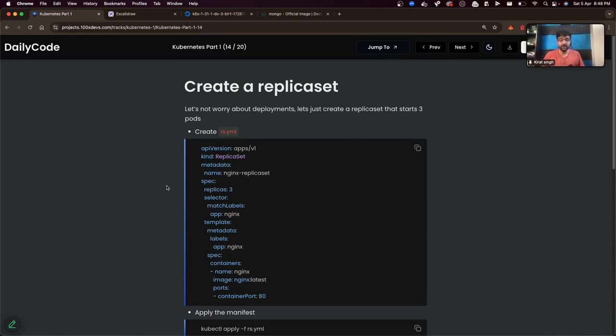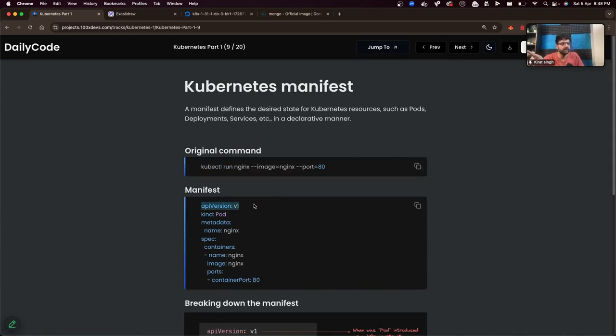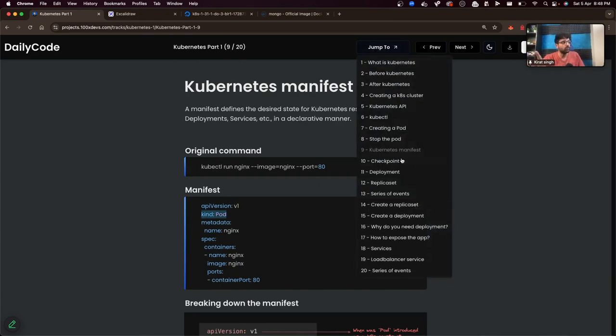Let's try to see. Rather than writing 20 different files for 20 different pods, can I create a single file and just have this replica number set to 20? और क्या मेरे 20 pods start हो जाएंगे? Will 20 pods start for me? Let's see. Let's try to read through it again. Notice API version apps/v1. So we are creating another Kubernetes resource. Just like we had created pods over here. API version v1 kind pod. Are we starting a pod now? No, we are starting